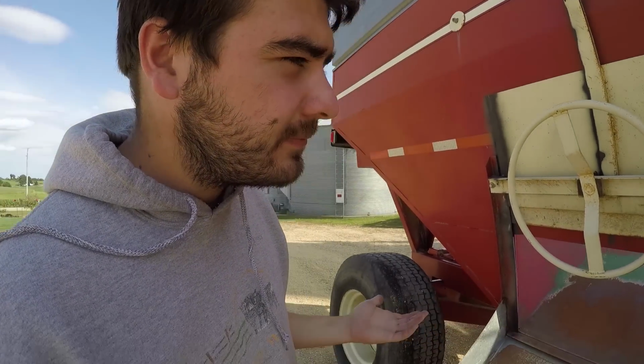However, it was still a fight trying to fit the loading auger underneath the side auger on the Archway wagon. So it was always a fight trying to swing it under there, and we always had to put a block under one wheel just to lift the whole wagon up so that we could create enough space, and it was just unhandy. So we got by using that the last few years, but with my Brent grain cart,